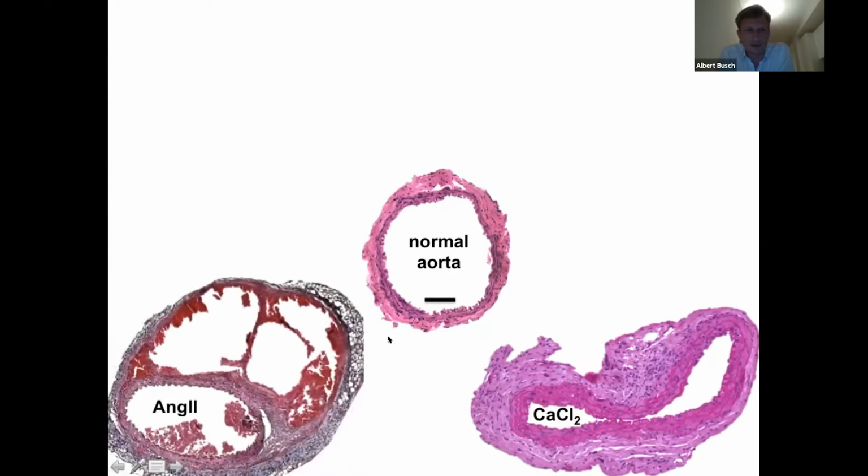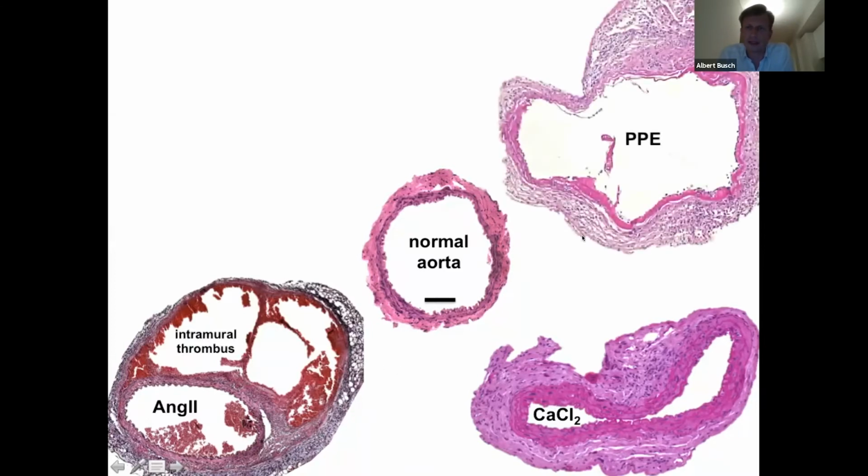Then, of course, there is the very famous and most frequently used angiotensin II model. You can also see a cross-section here. So after implanting this osmotic mini pump in mice and administering angiotensin II to hyperlipidemic mice, they get this dissection sort of aneurysm. You can see that in most cases the actual media is still very much intact, and we do see this large intramural thrombus, actually this large dissection going on in these animals.